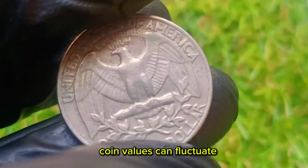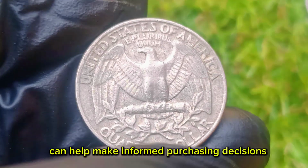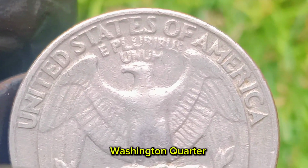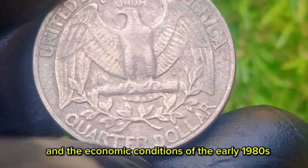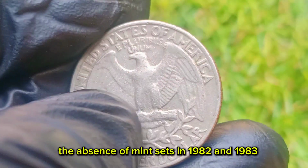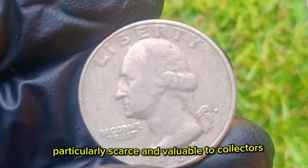Coin values can fluctuate, so staying informed about current market conditions can help make informed purchasing decisions. Conclusion. The 1983 Washington Quarter holds a unique place in numismatic history due to its context within the Washington Quarter series and the economic conditions of the early 1980s. The absence of mint sets in 1982 and 1983 has made high-grade examples of this coin particularly scarce and valuable